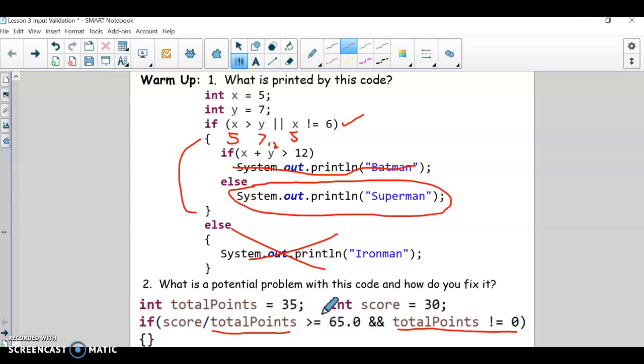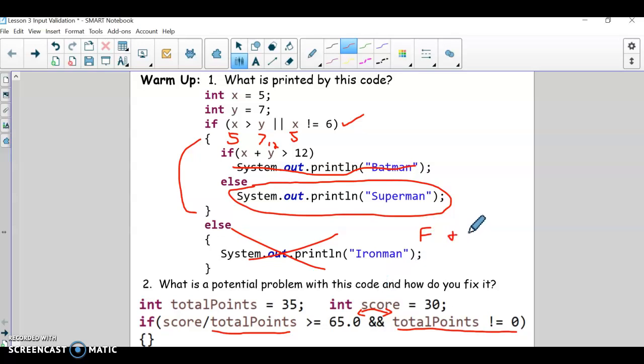So basically, what we want to do is actually flip-flop these, right? Because the way short circuit evaluation works is if I flip-flop them, it'll check the one on the left first. So it would check this one first to say, is total points not equal to 0? And if that is true, then it'll run the second part of the AND, right? And it kind of comes from the fact that if it were false, so if it were equal to 0,